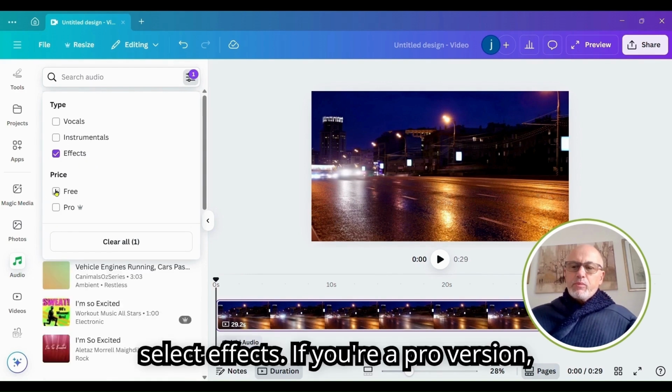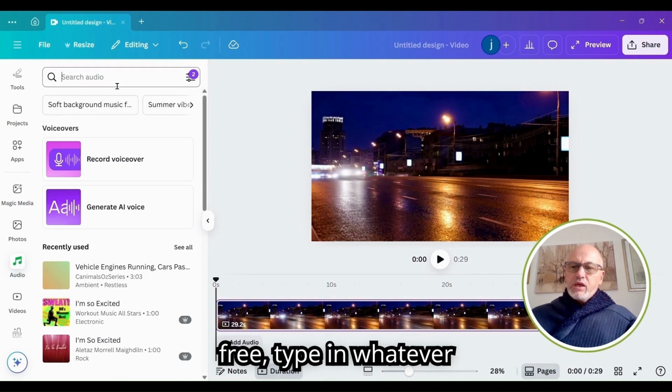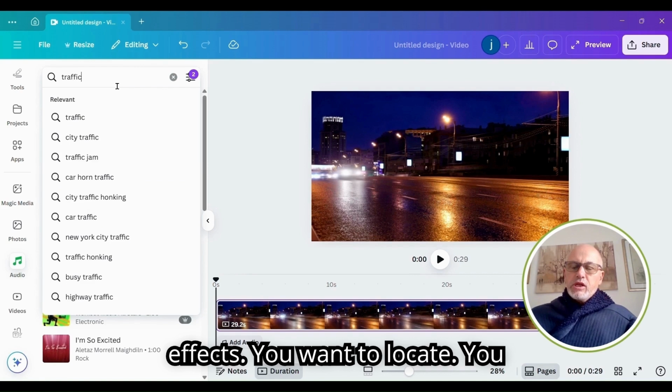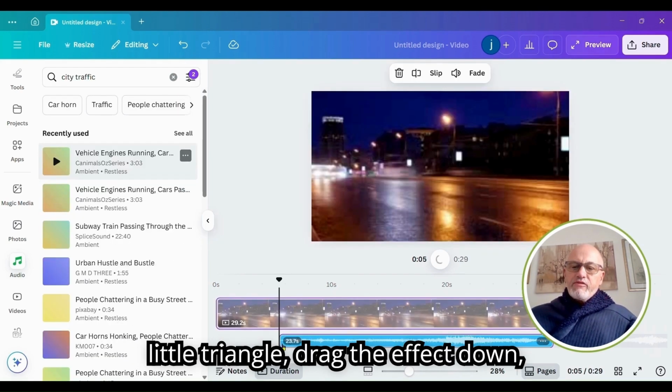select effects. If you're a pro version, leave it on pro. If you're free, tap on free. Type in whatever effect you want to locate. You can test the effect by clicking on the little triangle, drag the effect down,